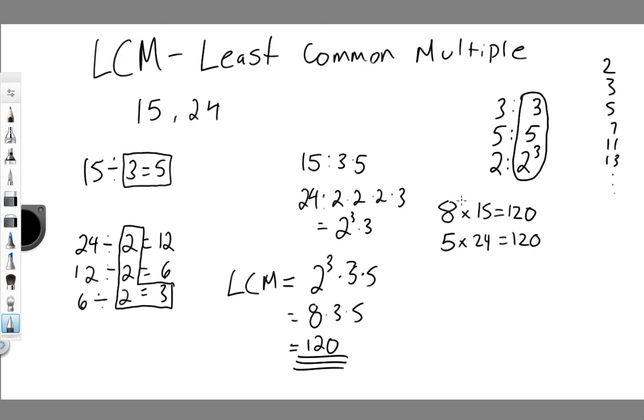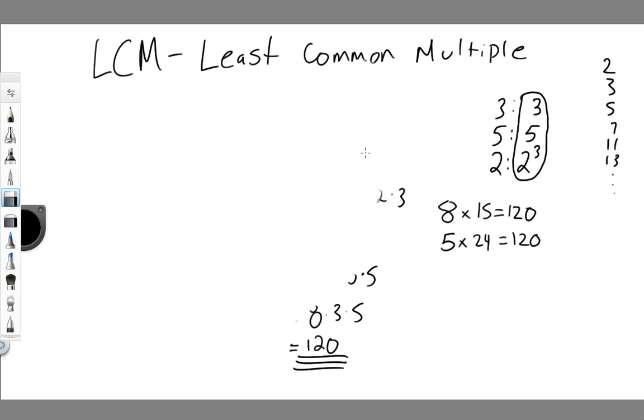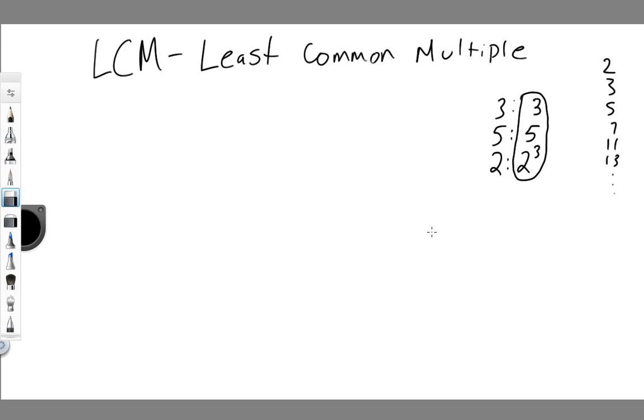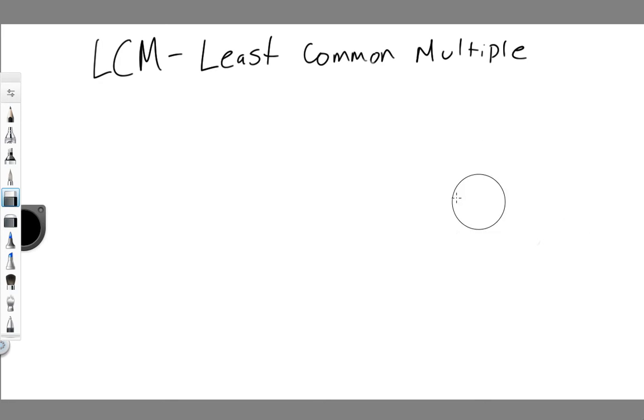So you can see that gets kind of cumbersome. This is why the LCM via prime factorization is very useful. All right, let's try it a different way, or different numbers. So let's actually try 3 numbers this time. So let me see if I can find 3 pretty decent numbers. So let's go